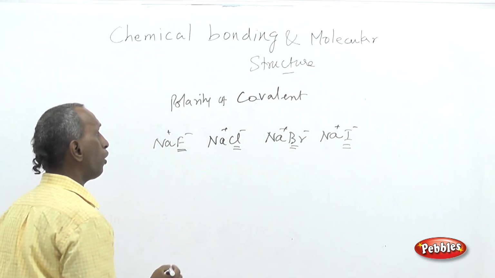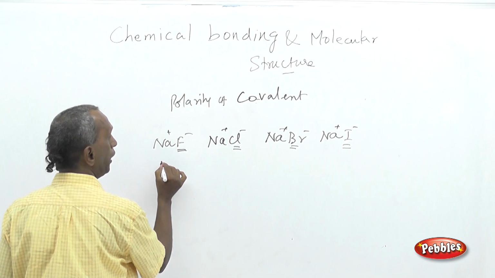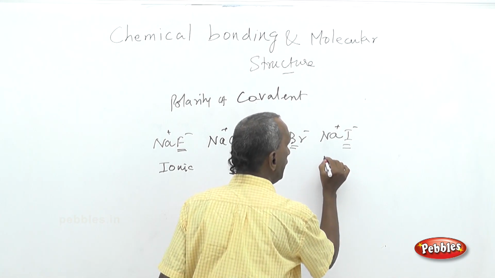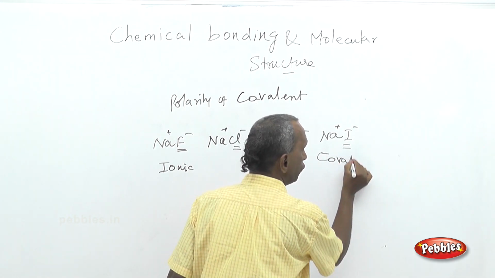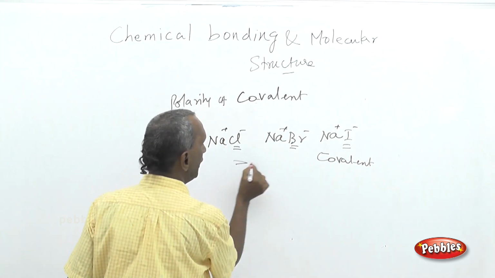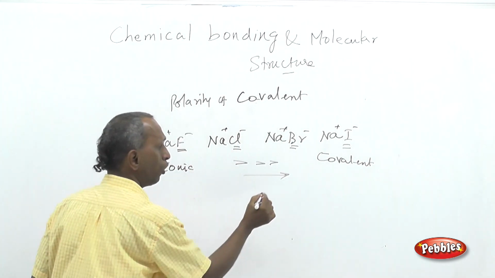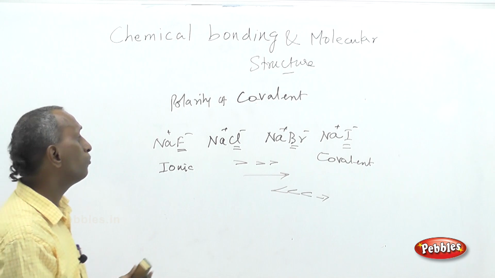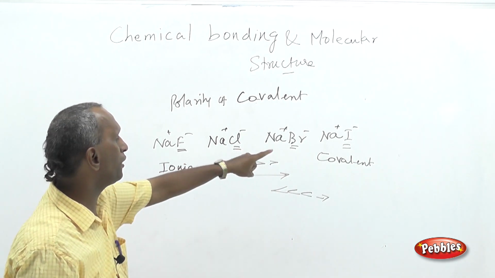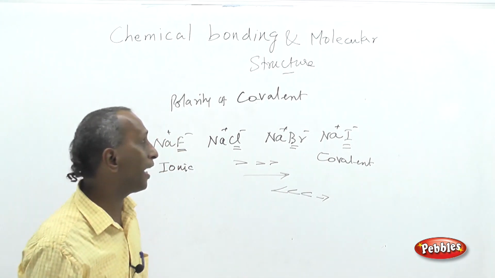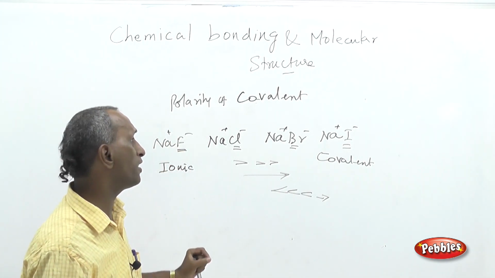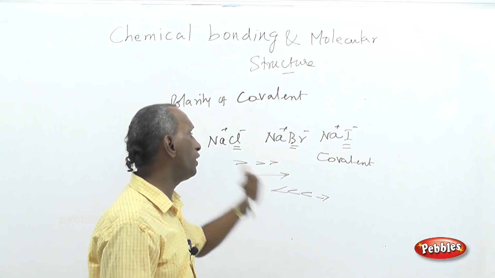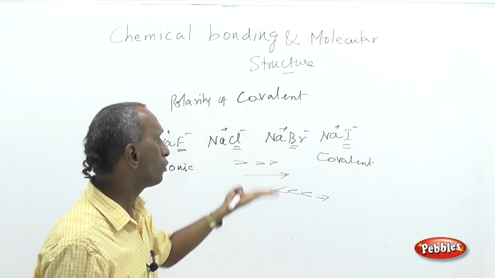If you compare the partial covalent and ionic characters, the most ionic compound is sodium fluoride, whereas the most covalent compound is sodium iodide. So, ionic character decreases from left to right, and covalent character increases from left to right. Already we have seen about the lattice energy and hydration energy. This lattice energy or hydration energy is a function of the size of the anion. Higher the size of the anion, the hydration energy is higher or lattice energy is more, so that it assumes